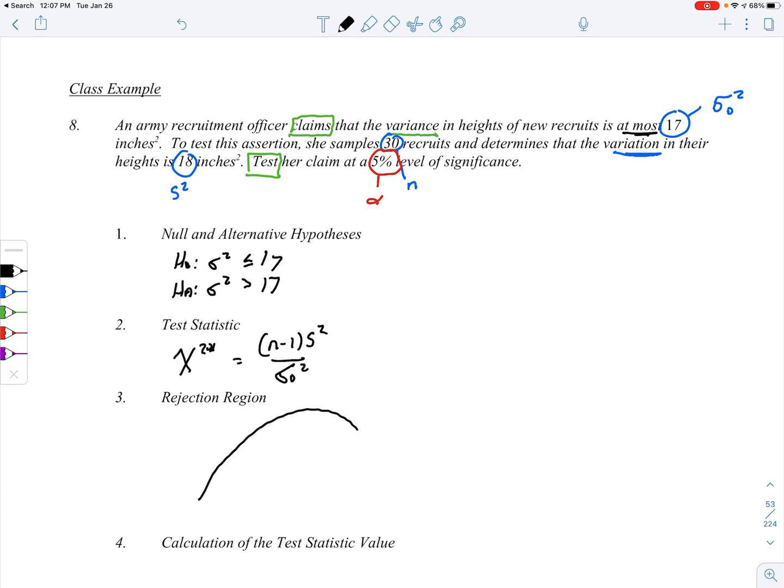So what we do is we draw a chi-square distribution. By the way, remember that as you're going through these videos, it would be a good idea for you to stop the video and try it yourself, and then pick it up and see if you're getting the same answers as me. All right, what's your degrees of freedom here? Well, your degrees of freedom will be 29, which is n minus 1. And so right off the bat, I like to stick a 29 in the middle here. That tells me that I should be expecting a number either less than that or greater than that or whatever. And then, let's see,